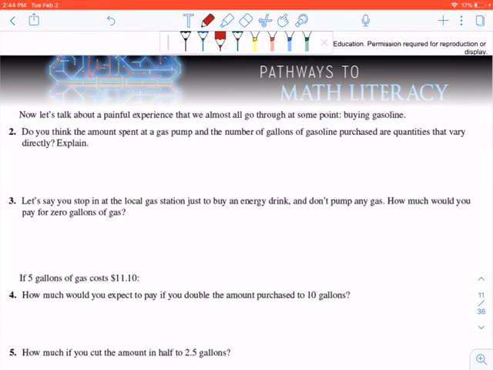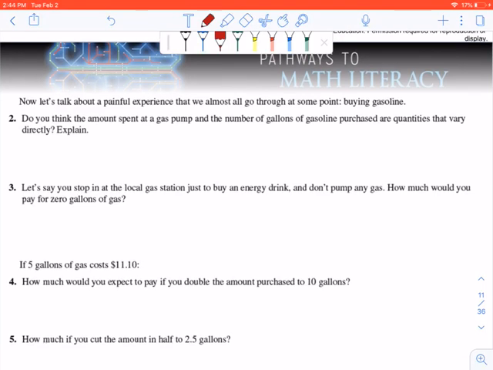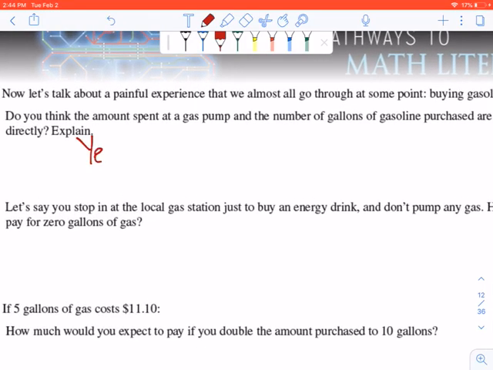Okay, so let's talk about a painful experience that we almost all go through, buying gas. Pretty painful. So do you think the amount spent at a gas pump and the number of gallons of gasoline are quantities that vary directly? Well, if you think about it, it's the cost per gallon, right? You pay $0 if you have 0 gallons. So the cost will be a constant multiple of the amount purchased. So this would be yes,